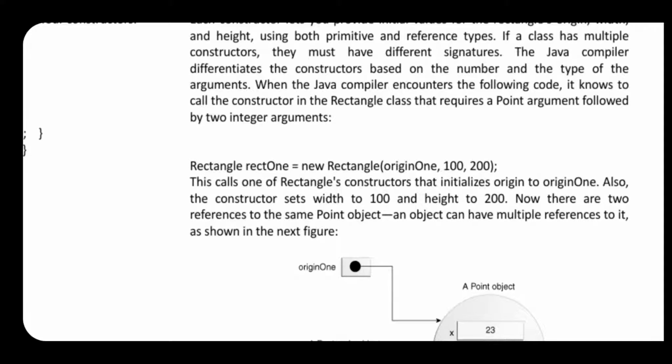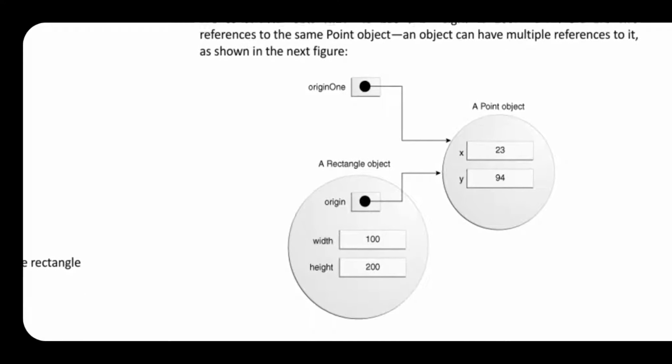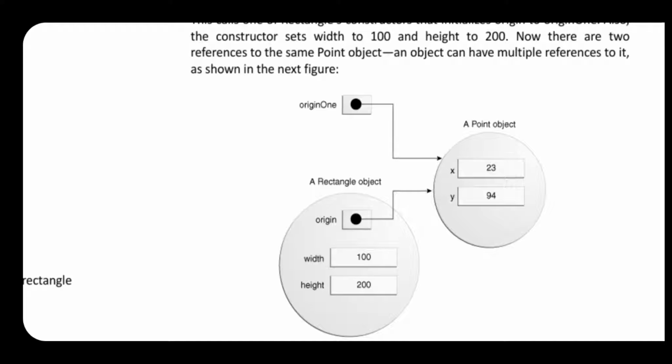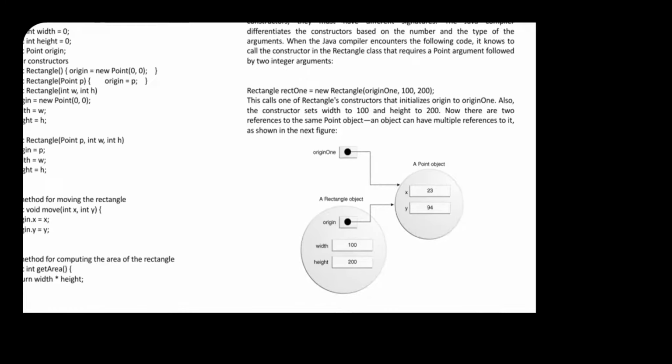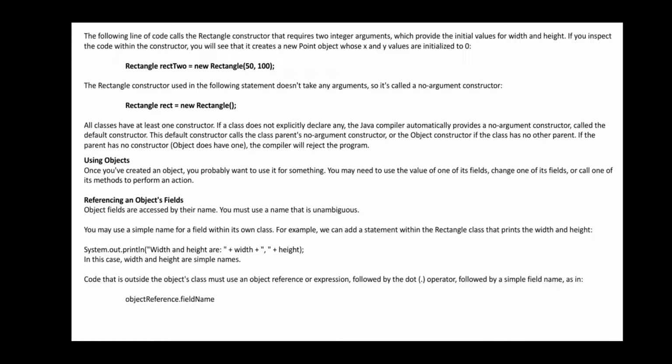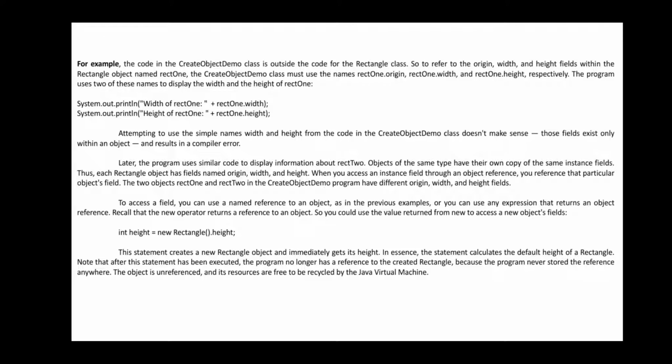All the explanation I have given has been written in the form of diagrams. Just see, origin1 is also supporting or accessing the information of the Point object: x is having 23 and y is going to have 94. The same object is referred within origin. The same object origin1 is referred within the Rectangle object and you are accessing it with its own data values. So this is how the information can be created, and these are the different types of information where you are going to access the objects. This is the simple example you are going to have.